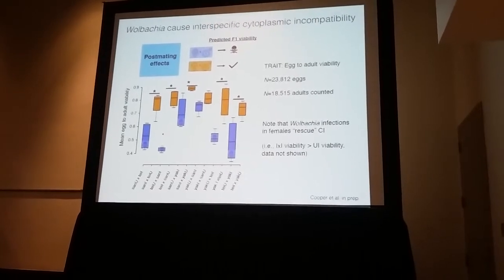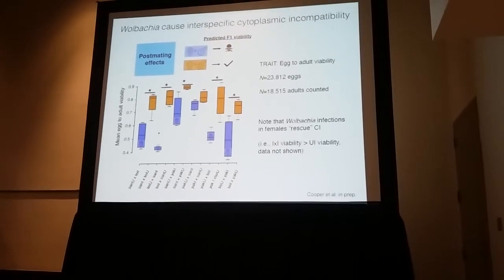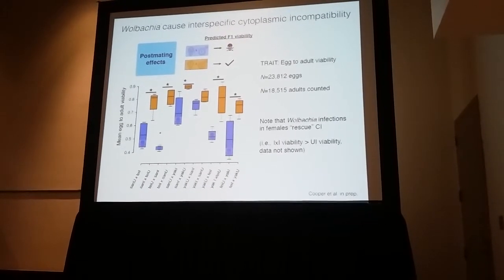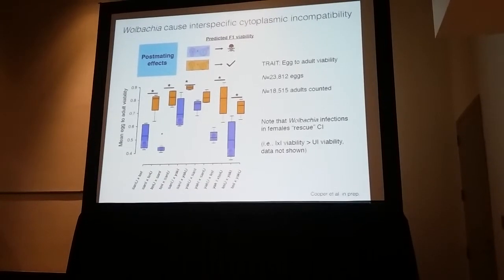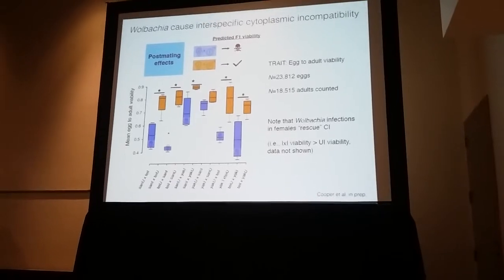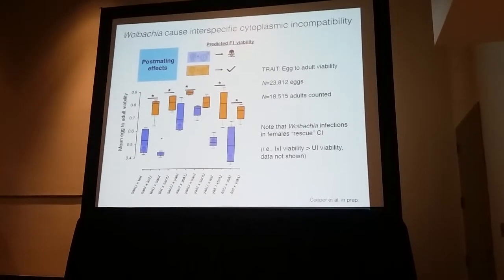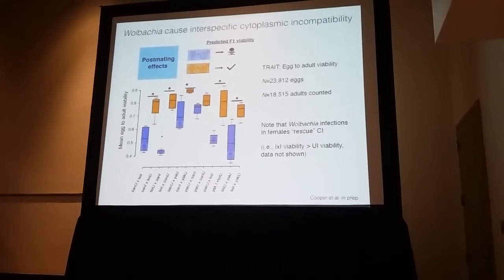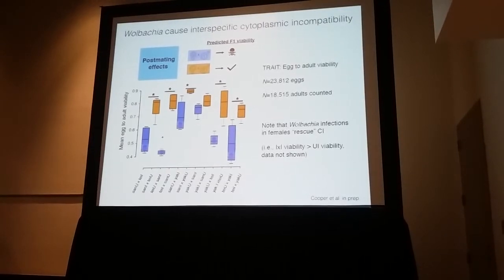On the x-axis, you have all of the possible interspecific crosses. So for example, the first 2 you see are Santa Mae and tseri. And what you can see is that the blue bars are always lower. And again, this is that cross between uninfected females and infected males. So we see interspecific CI in these crosses between species that diverge, the sister species about 1 million years, and the outgroup crosses to tseri closer to 2.5 million years ago. So we have interspecific cytoplasmic incompatibility.